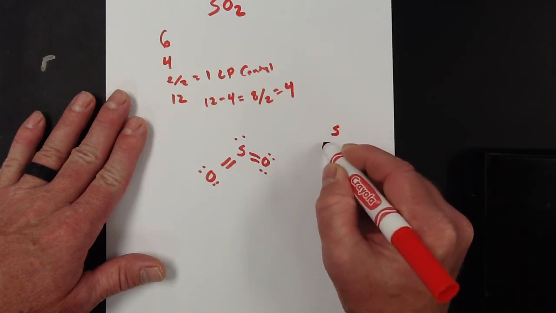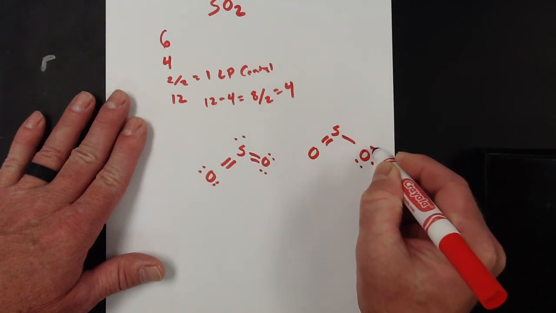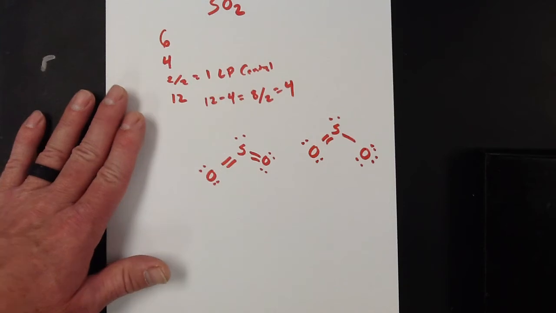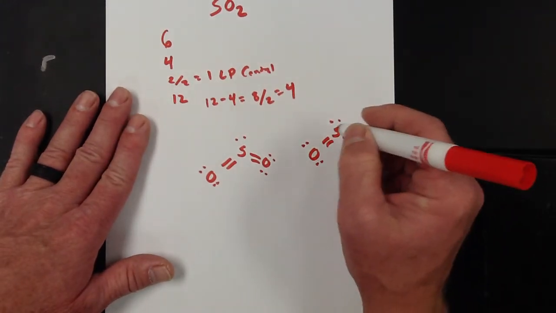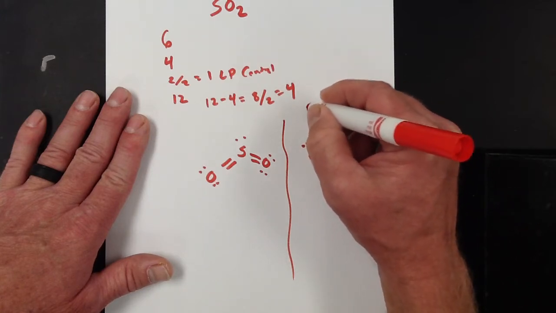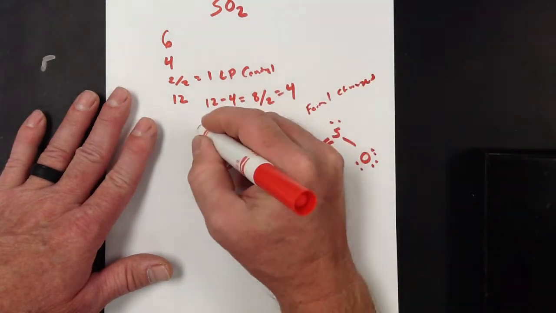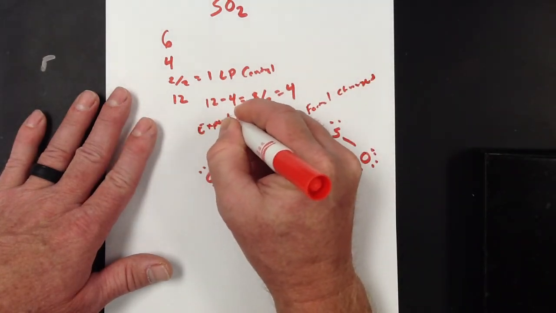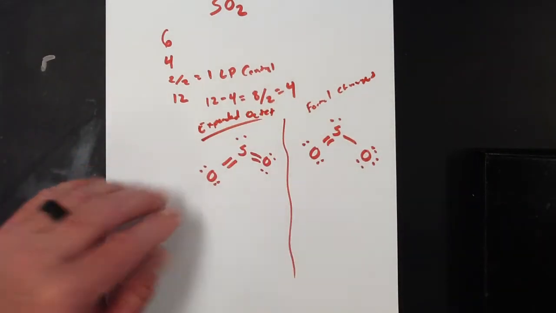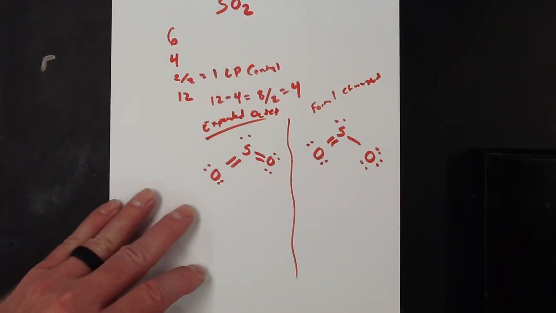If we draw it without the expanded octet, we end up with this structure, which has another major resonance contributor, the double bond as a delocalized pi bond in another location. But this second drawing does have formal charges. So here we have an issue where we're dealing with formal charges. Here we have an expanded octet. Again, more modern research seems to indicate that the expanded octet is probably the more likely explanation for sulfur dioxide,